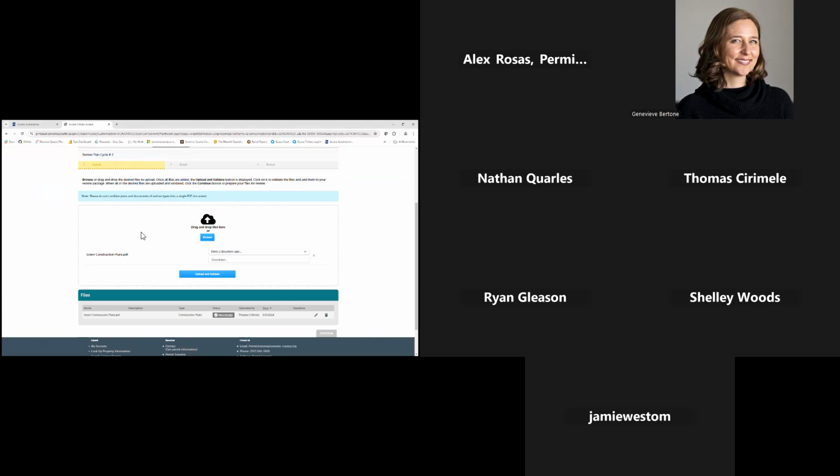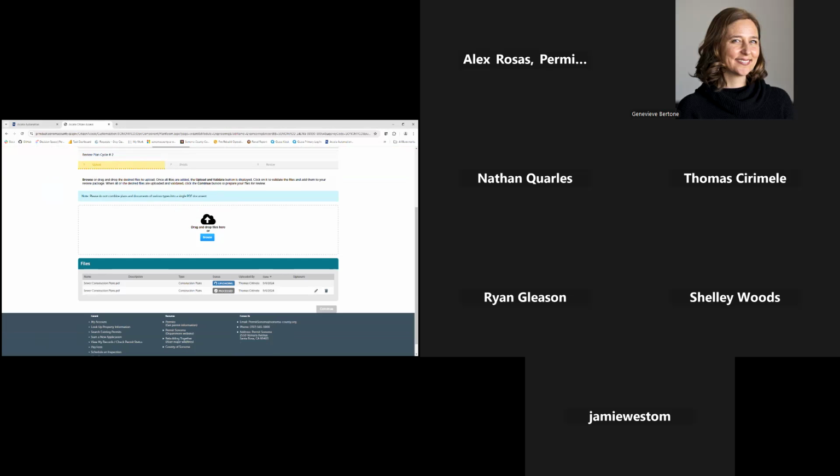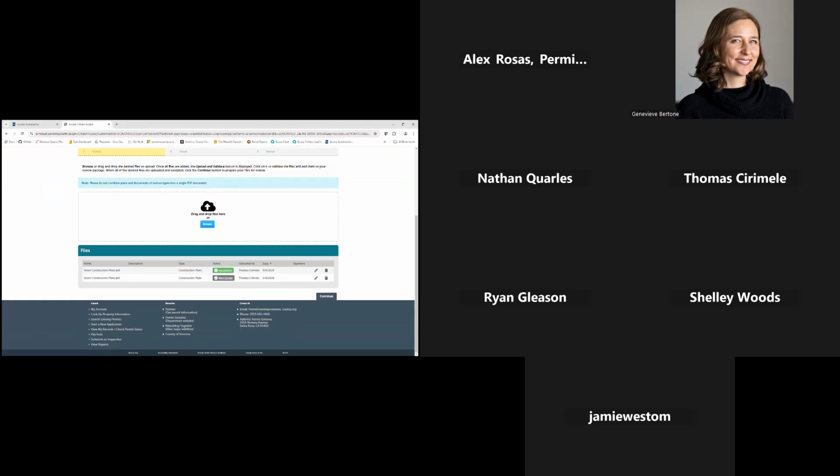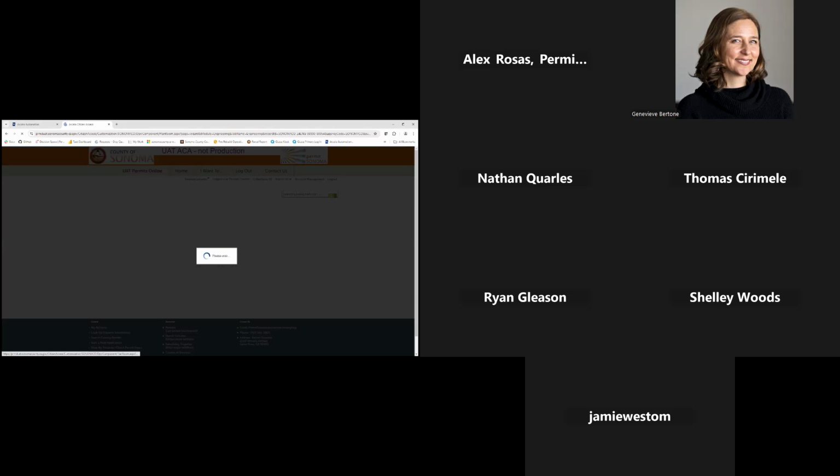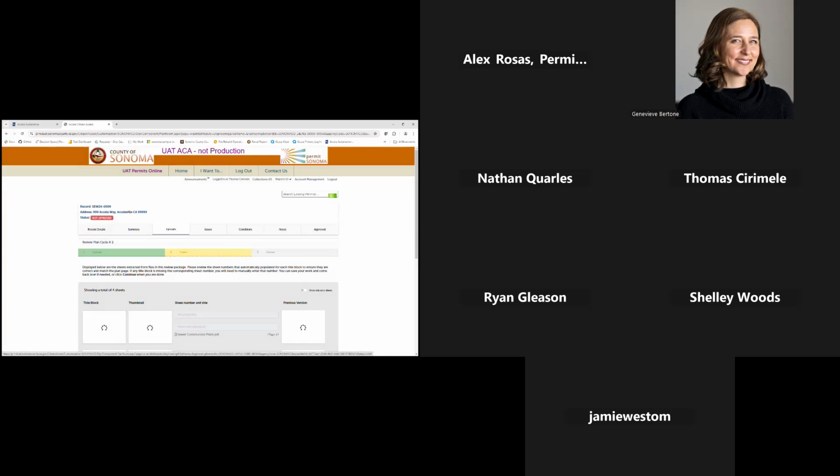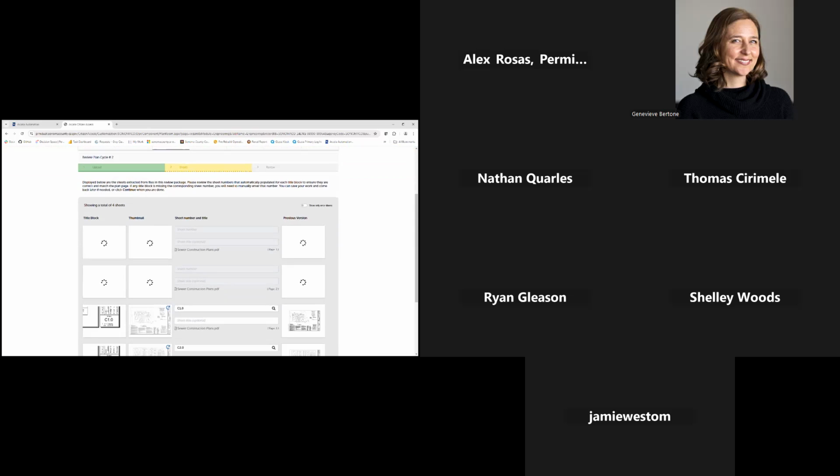And you're seeing me drag and drop a PDF into the box there. You can also click the browse button and navigate to a folder on a drive somewhere and select it from there as well. Again, we've got to tell it that it is construction plans. And we're going to upload and validate. All right, so we've validated and we're going to continue. It's going through again